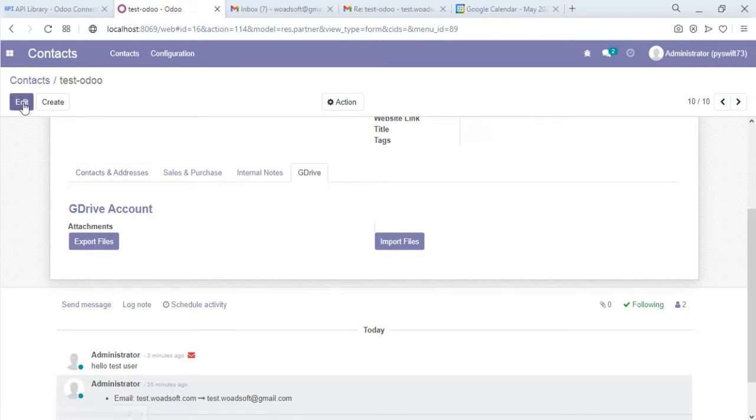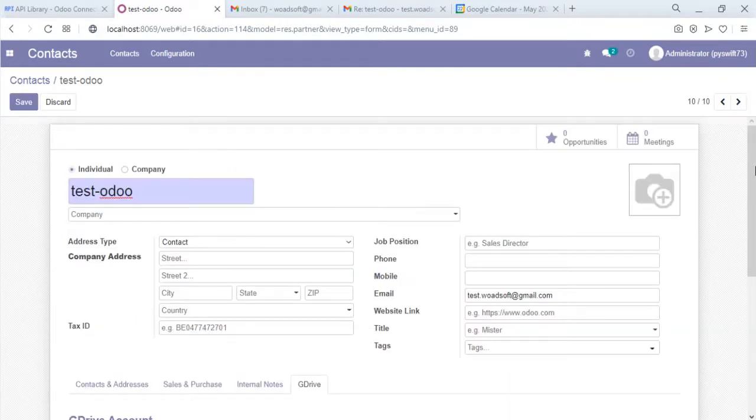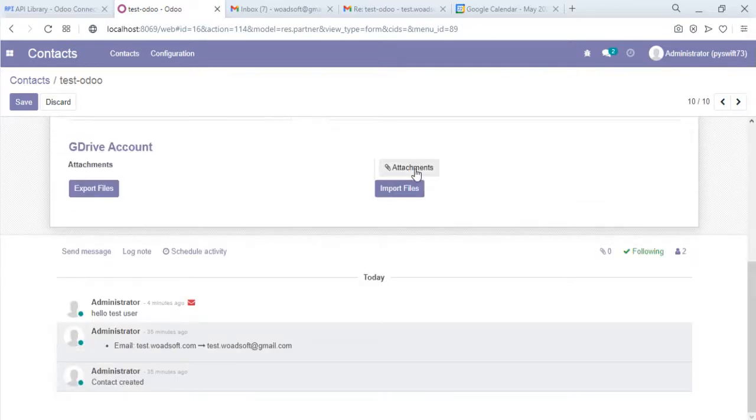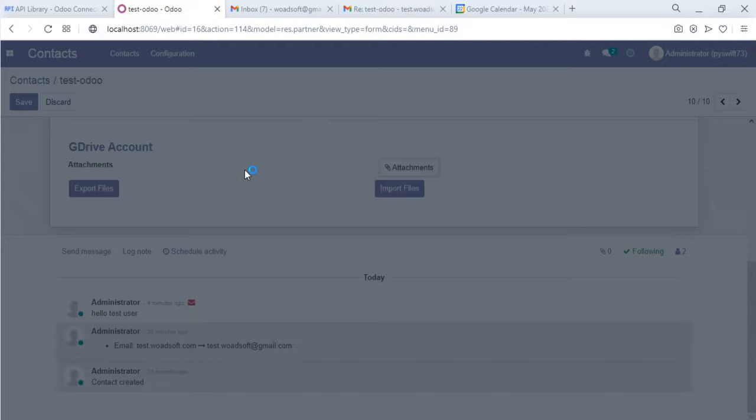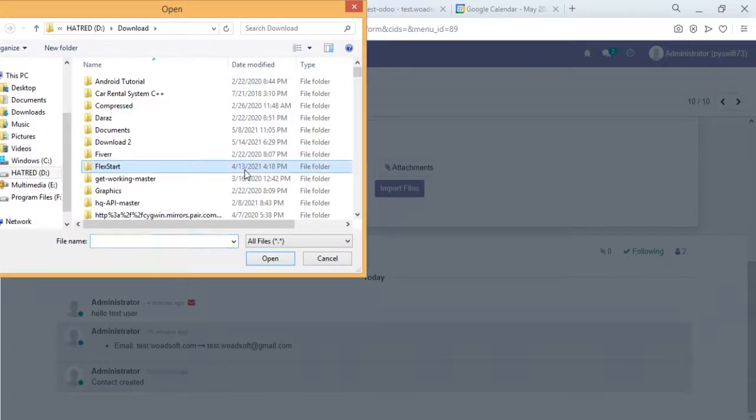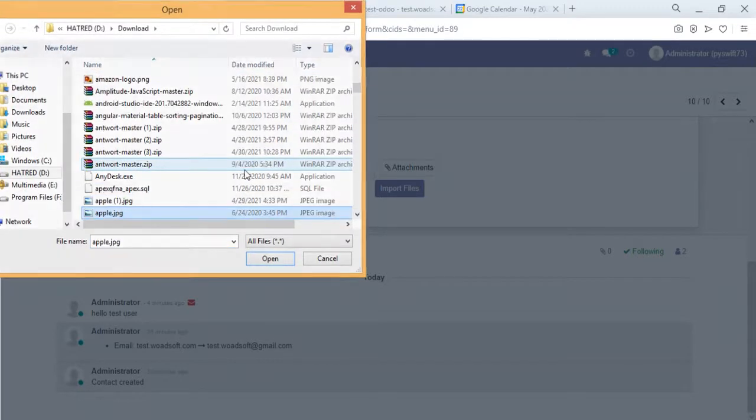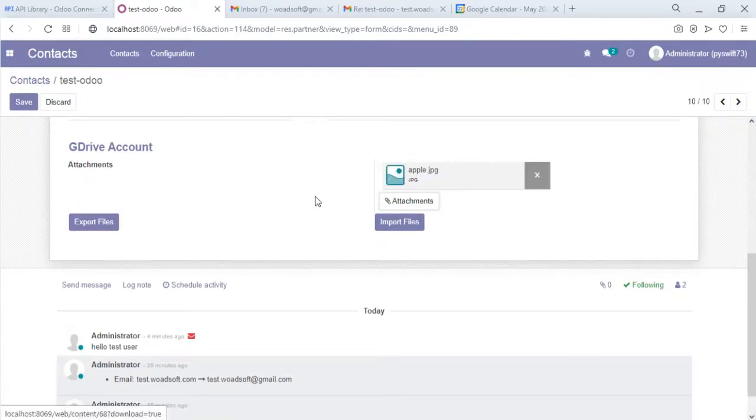Okay, let's check the working. Whenever we are in a contact, first of all we move into edit mode, and here the attachment button will be available, and you can select the files that you want to export to Google Drive. So I select an image, and it's up to you, you can save it, or after attaching you can use that button. So I save the contact,